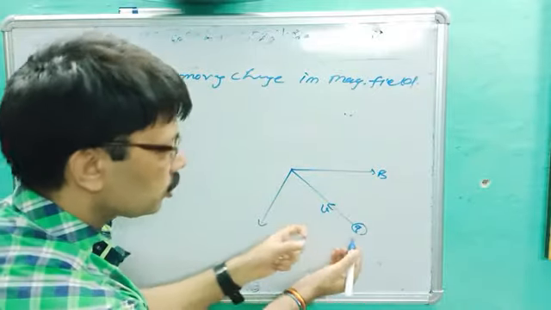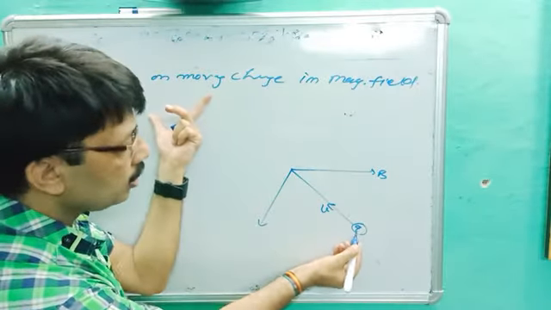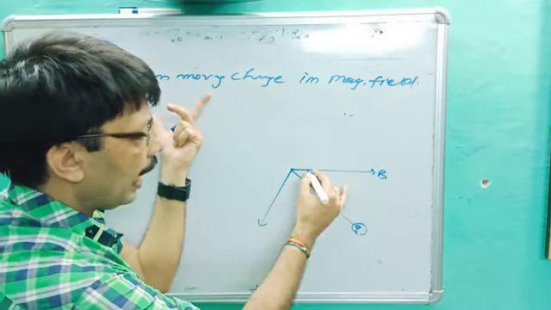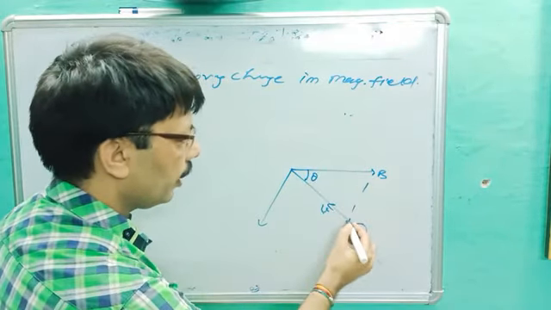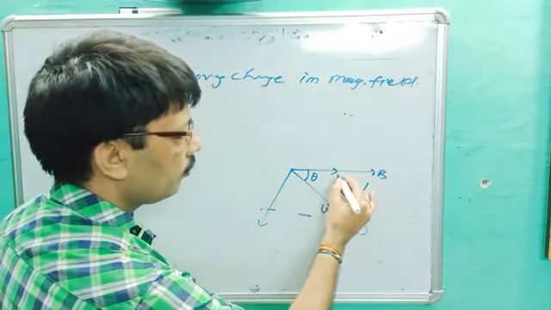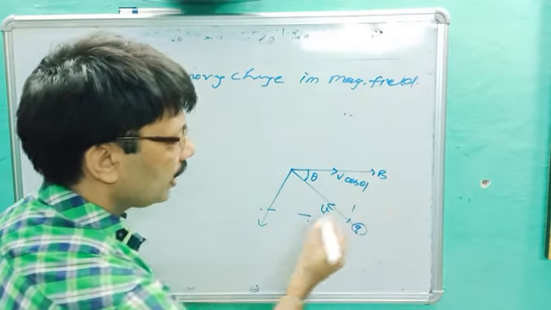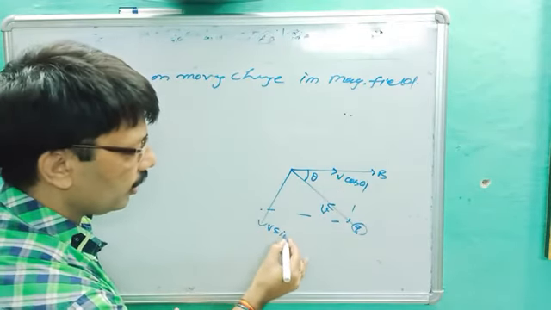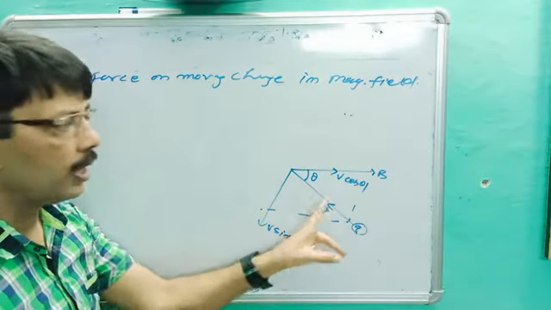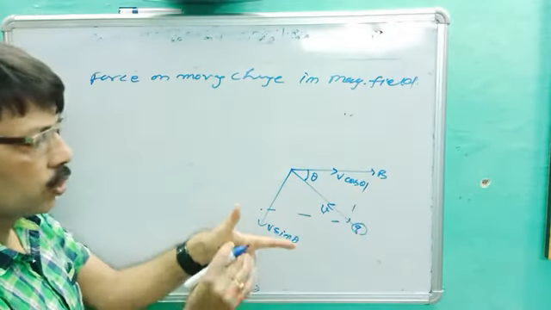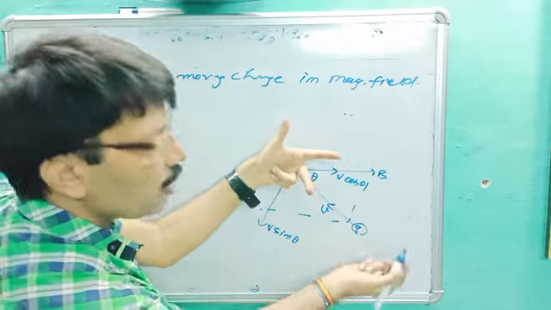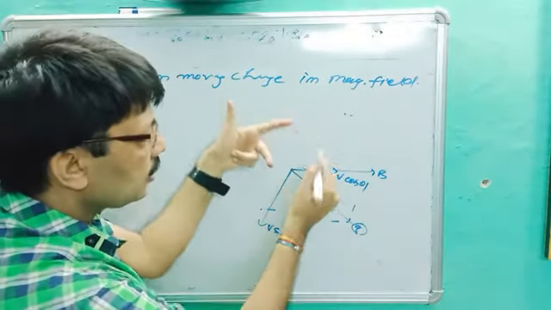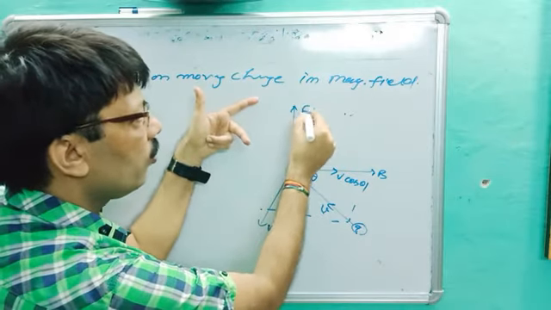Let's suppose a charged particle Q, according to the question, moves with velocity V at an angle theta. So V resolves into two components, you better know. It becomes V cos theta and V sin theta. So now apply Fleming's left hand rule. This is B, this is V, or I, and so it will experience the force F.